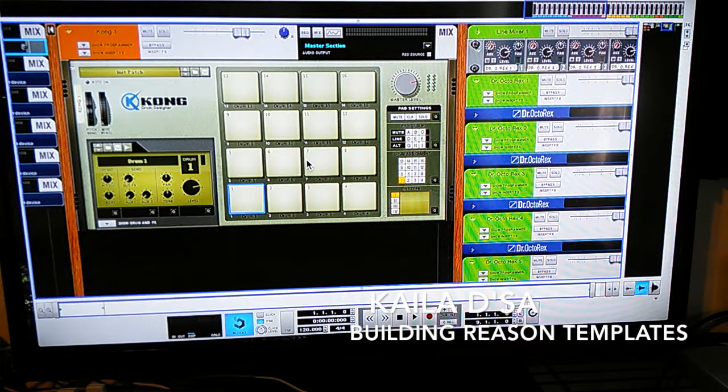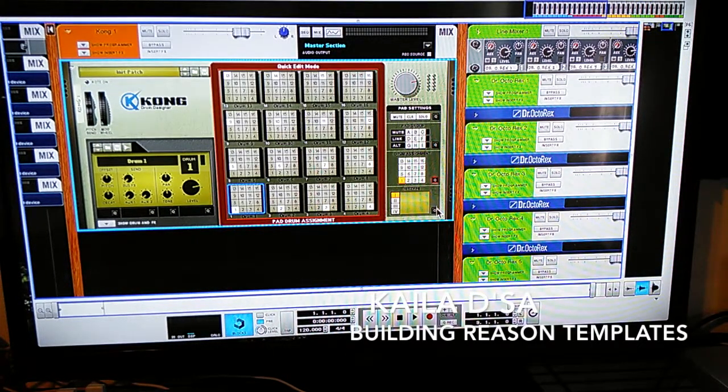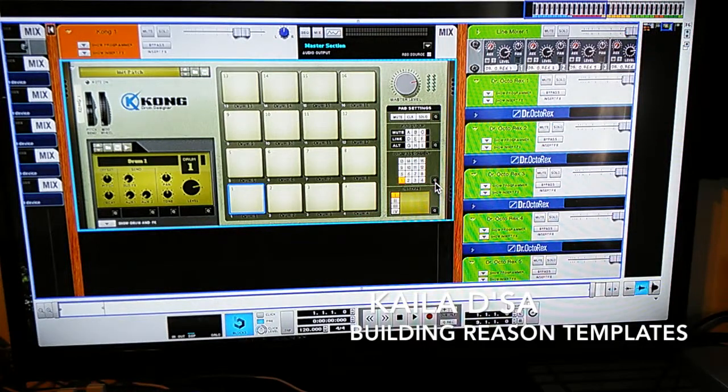Now the Kong, yes, we know it's modeled after the Akai. It's modeled after all the pads. It has this, has that. We're going to get into some of these other dimensions later on in a different video. But for right now, I just want to stay on track and just talk about putting together a sessions template. So, in putting together your template, depending on what type of music you play, what type of music you use,